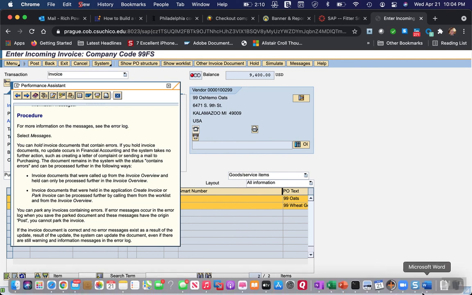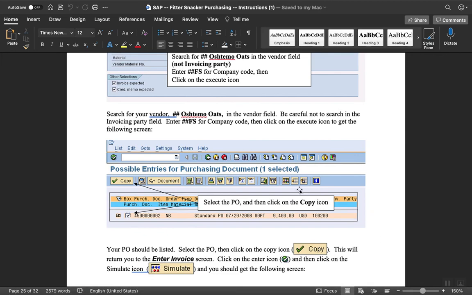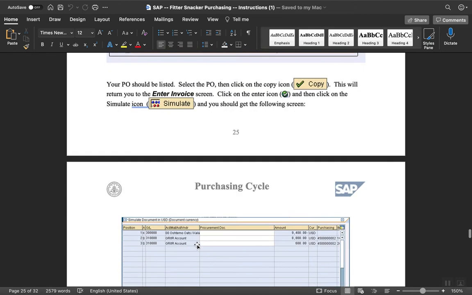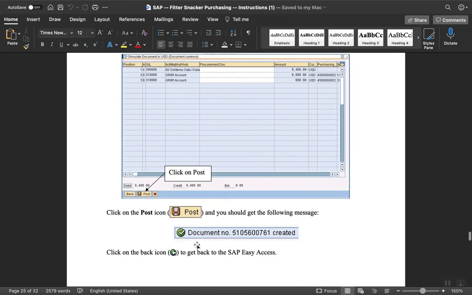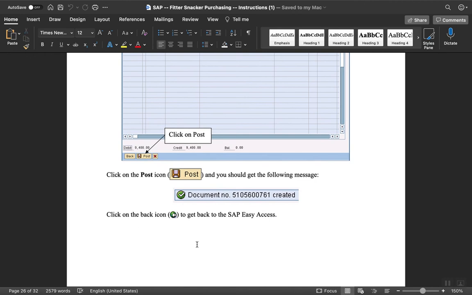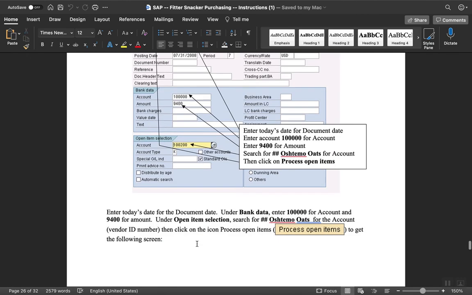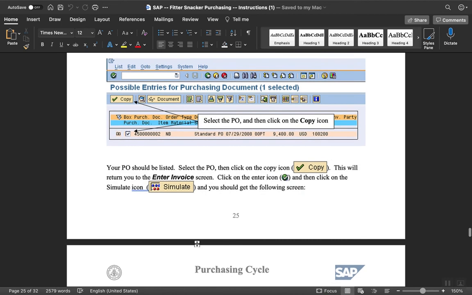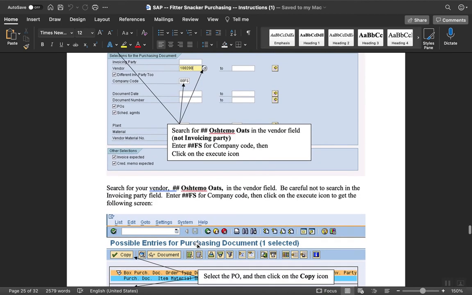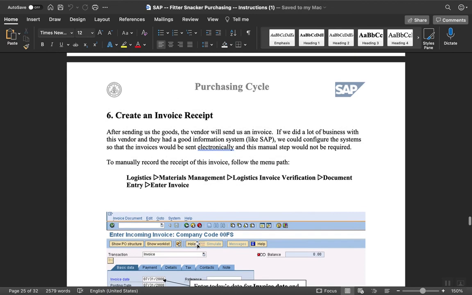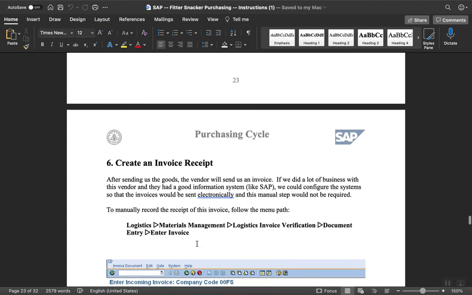Yeah, so for some reason, I'm trying to enter the invoice and it says it's got a zero balance and it needs to create a